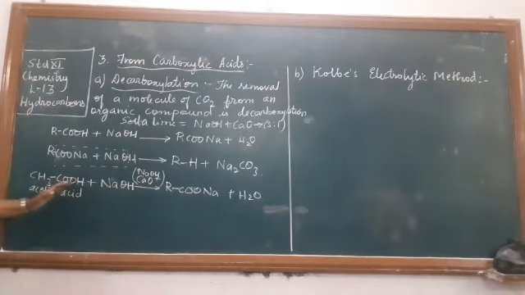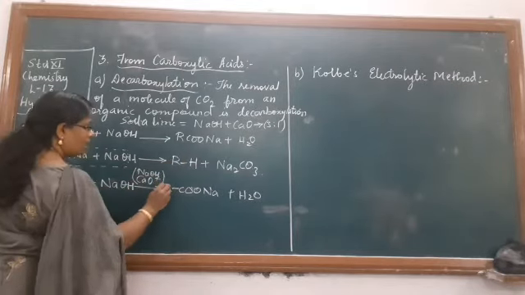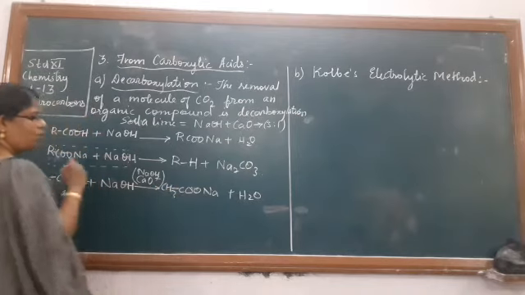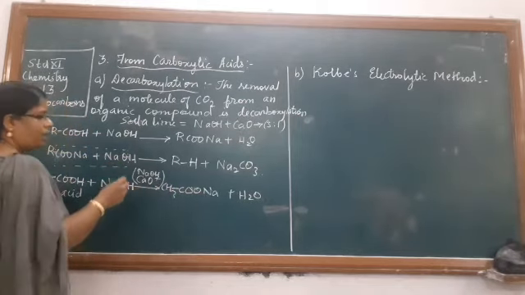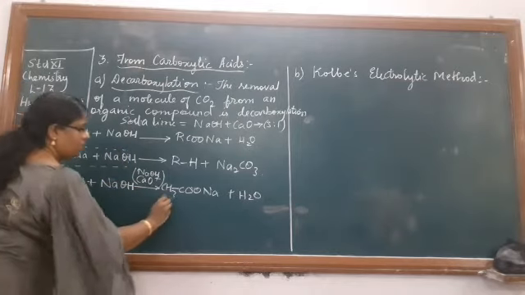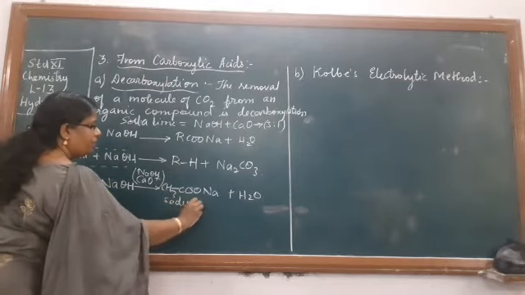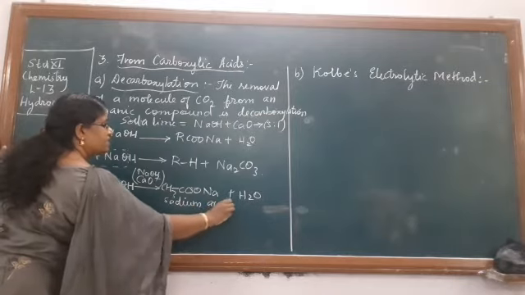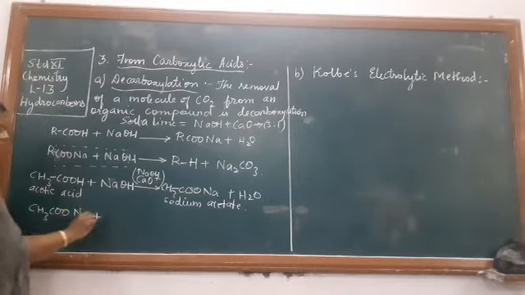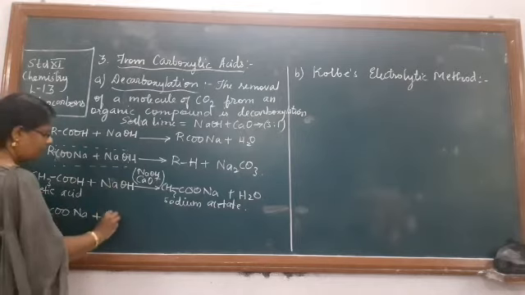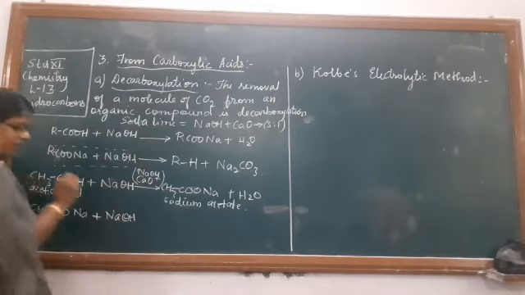Now here in this case, your salt is CH3COONa. So it is the sodium salt of acetic acid, or we call it sodium acetate. What is the name of this compound? It is sodium acetate. This sodium acetate, CH3COONa, plus again NaOH,